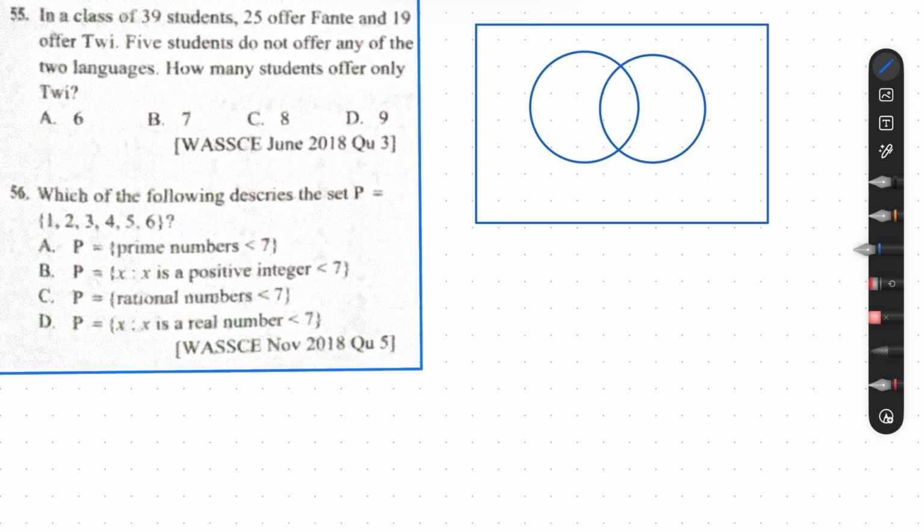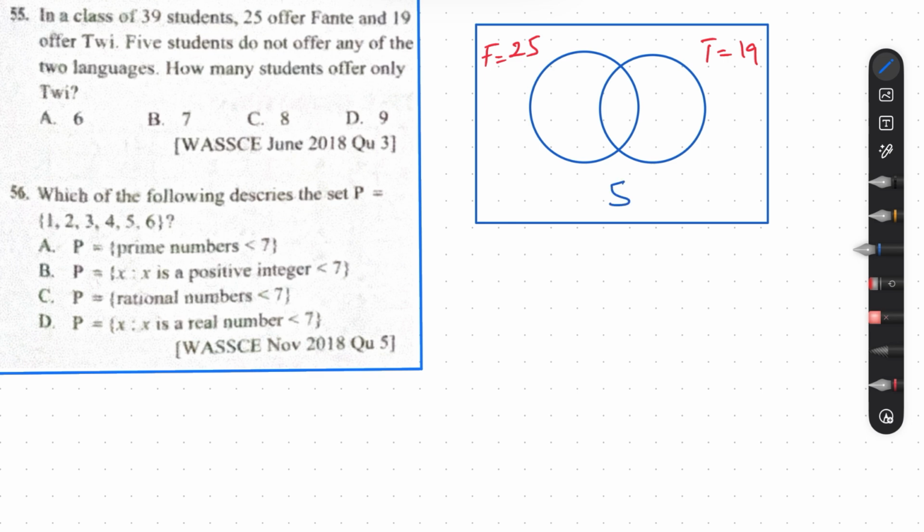Fanti is how many? It says 25 offer Fanti. Okay, and then 19 offer Chi, so 19, and then 5. Is that 5 students do not offer any subject? Okay, 5 students do not offer any subject. That means the 5 students are not in Fanti, and they are not in Chi. So that means they will lie outside these 2 circles. Okay, so let's put it outside